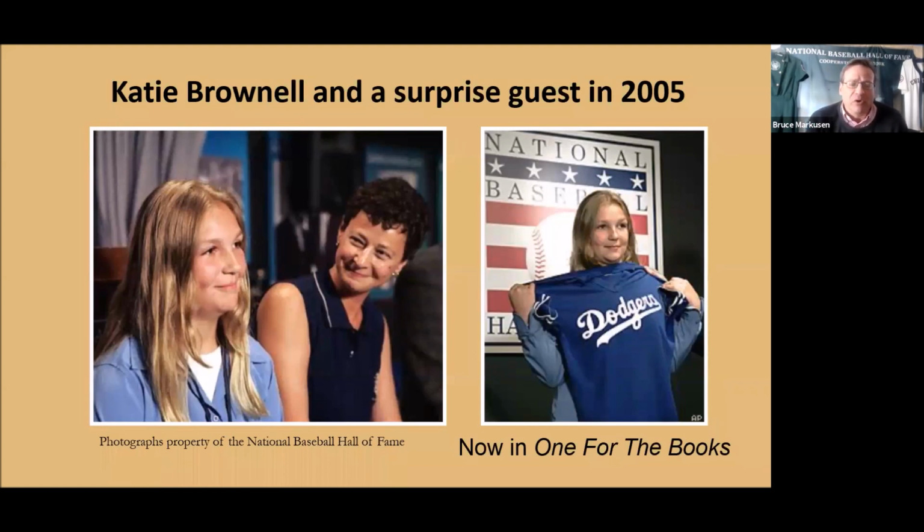And then we kind of gave her and her family an impromptu behind the scenes tour of the library. She's kind of a physical fitness guru today. She does a lot of personal training with people. Very modest about her accomplishments, but a real thrill for me to be able to meet her and take her around